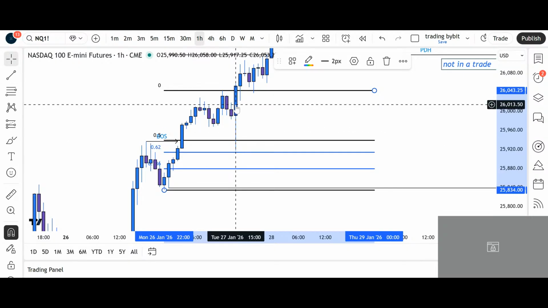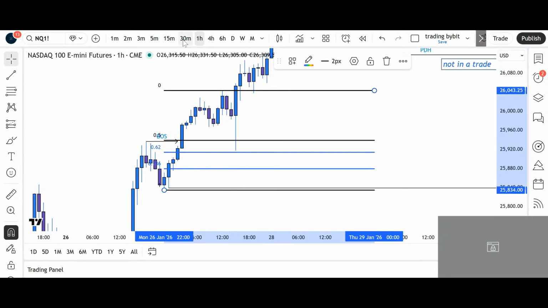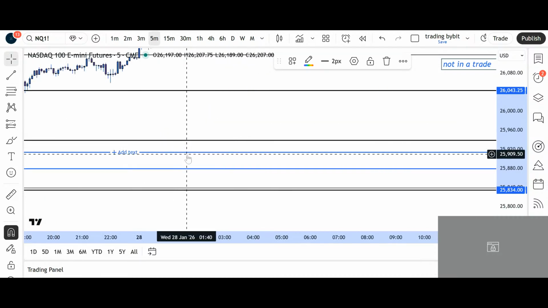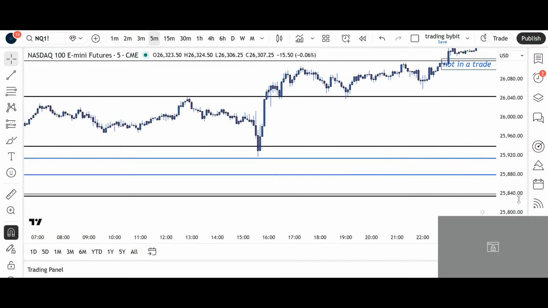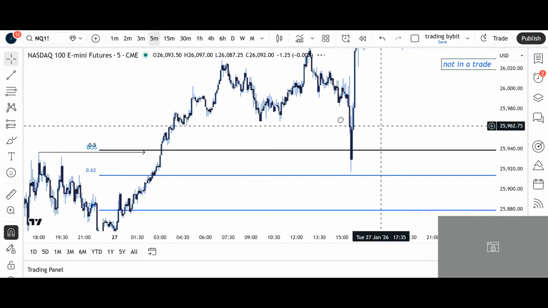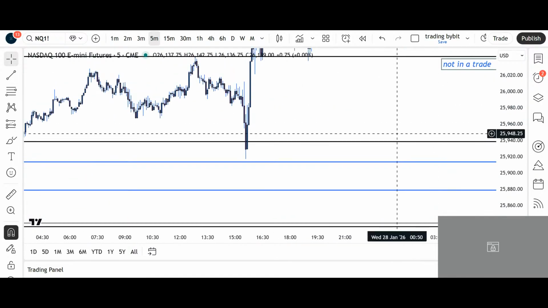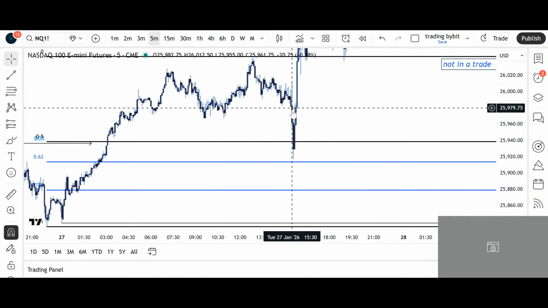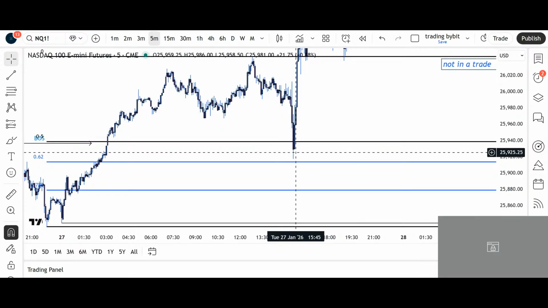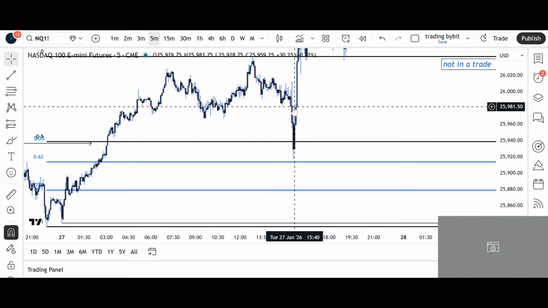At open, actually, I believe that was open, the market just flushed down and immediately in 5 minutes it came back up. Yeah, here we can see it clearly. I'll zoom in a little bit. So here we can see clearly we moved down in 5 minutes. In the next 5 to 10 minutes, we actually came back up.